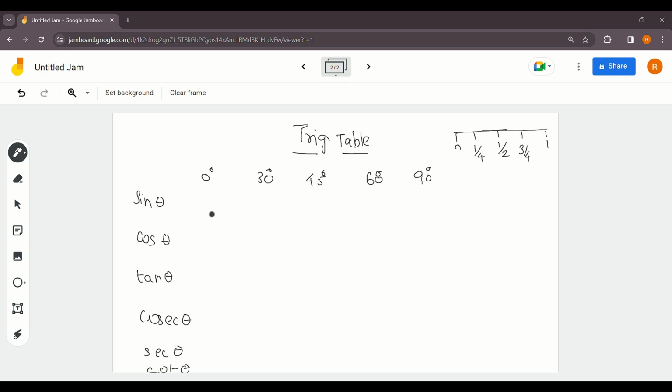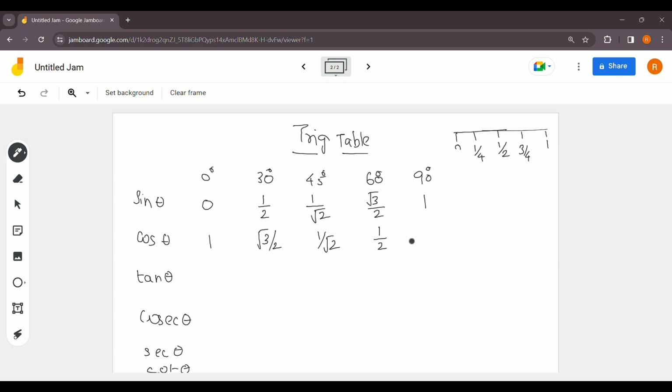So root of 0 becomes 0, root of 1 by 4, which is half, root of half is 1 over root 2, root of 3 by 4 is nothing but root 3 by 2, and root 1 is nothing but 1. Now for cos, you need to write the values of sine in inverted fashion. So the inverted values are 1, root 3 by 2, and 1 by root 2,